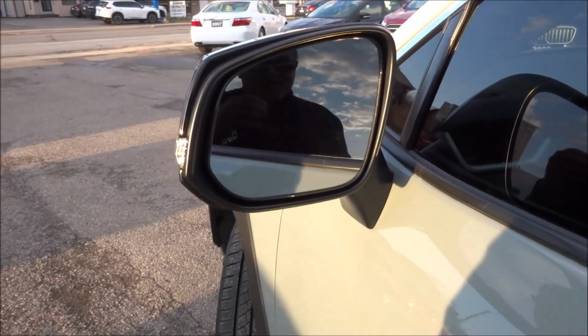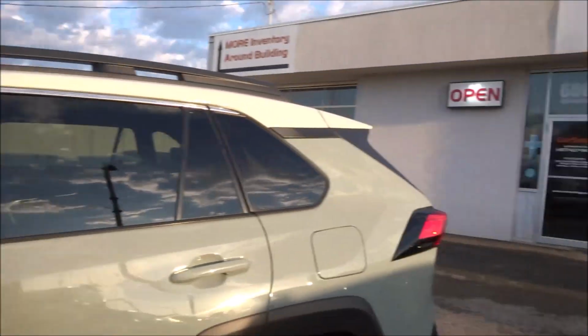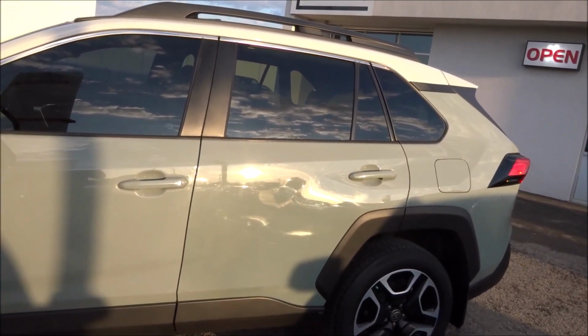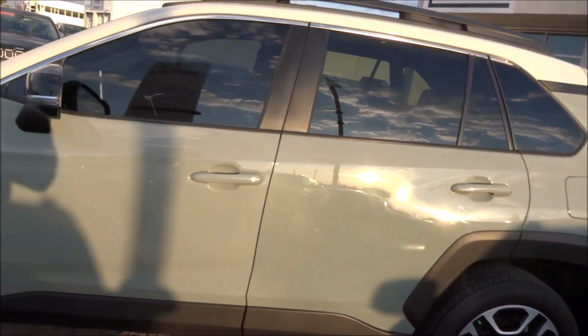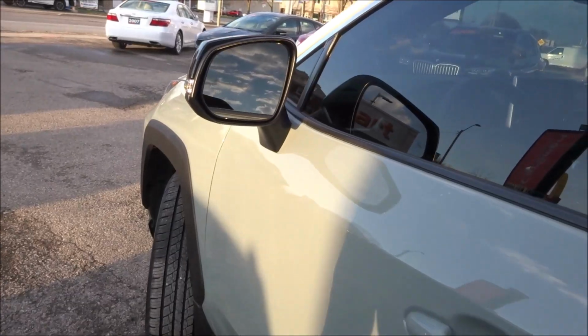We've got blind spot assist as well as rear cross traffic assist, and that's all accommodated with a sensor that's in the back corner of the bumper. What that does is it's reading what's going on adjacent to you and or motion moving laterally across the rear. So whether you're backing out of a parking spot, maybe somebody's driving along and you don't really see them and they're moving along quick, it'll give you that warning. Same thing for lane changing and blind spot assist, and that's all accommodated with a warning that comes up